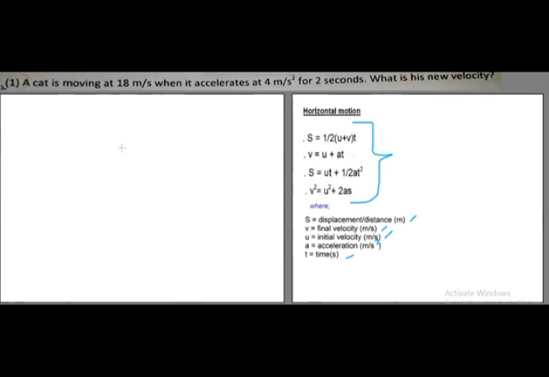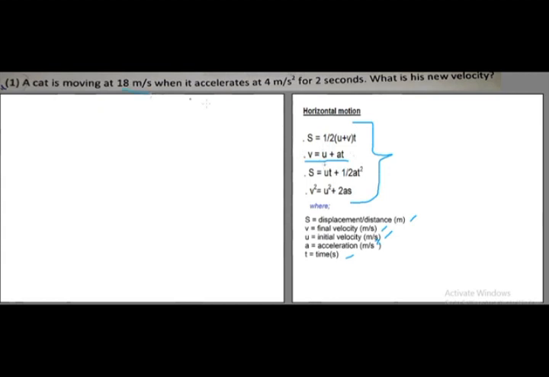Now let's go ahead and work on the question. A cat is moving at 18 meters per second when it accelerates at 4 meters per second squared for 2 seconds. What is its new velocity? Now, to choose the appropriate equations to use, it depends on the question. So, from the question we can see that this equation is much more appropriate to use, since we are given the initial velocity, which is u,